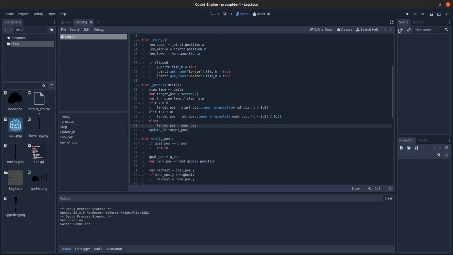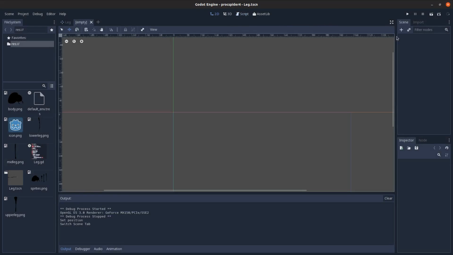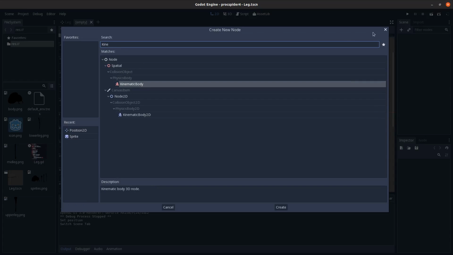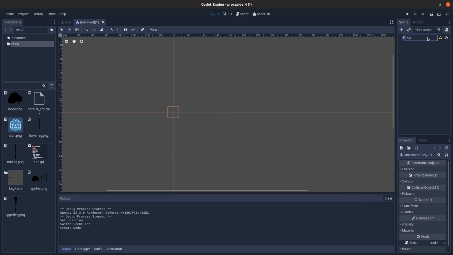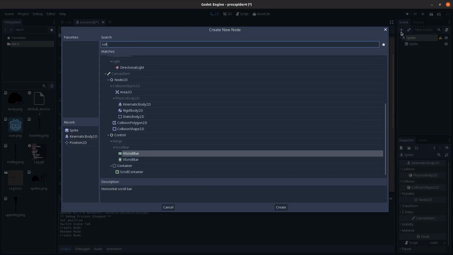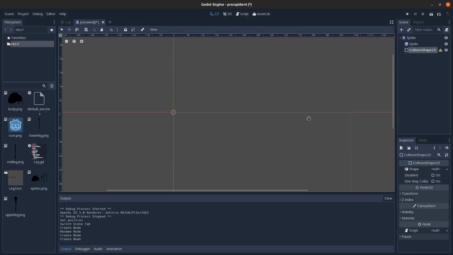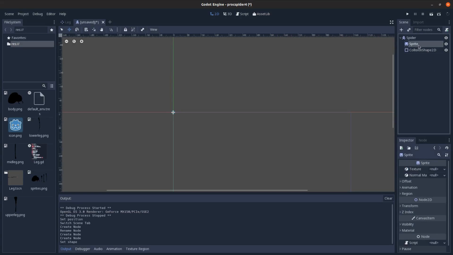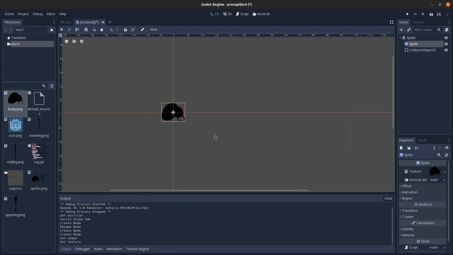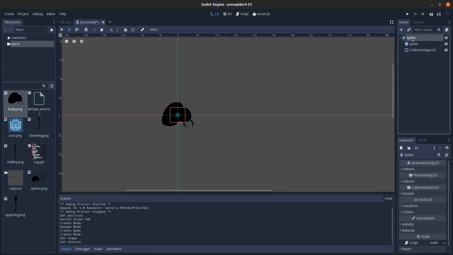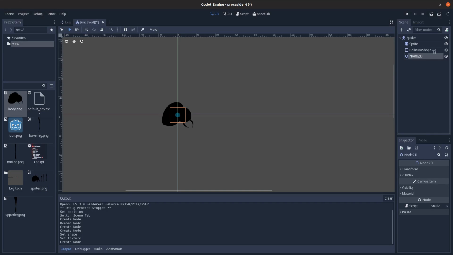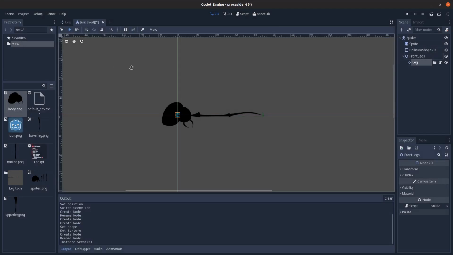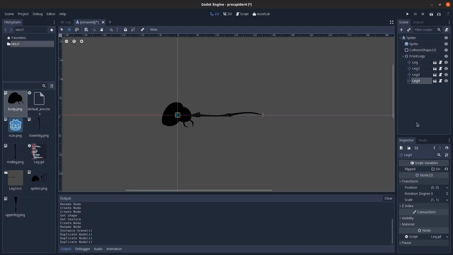Next, let's create the actual spider itself. So go in here, let's add in a kinematic body 2D, call it spider, and let's add in a sprite, and also add in a collision shape. This isn't really necessary, but it's just to get rid of the warning sign that appears on a kinematic body if you don't have anything. So I just add something there. On the sprite, I'll add in the body texture, and then add in a node 2D, call it front legs, and I'm going to instance a leg here, another 4 of them,